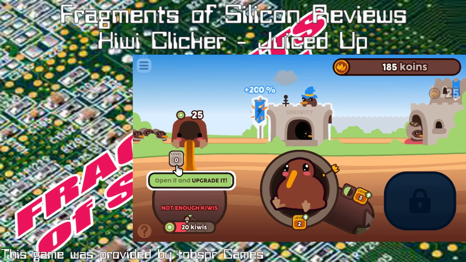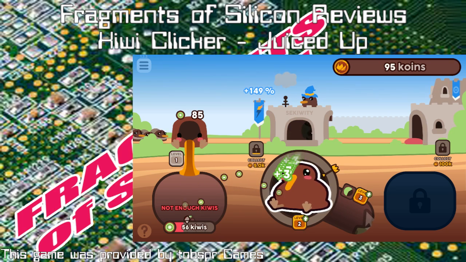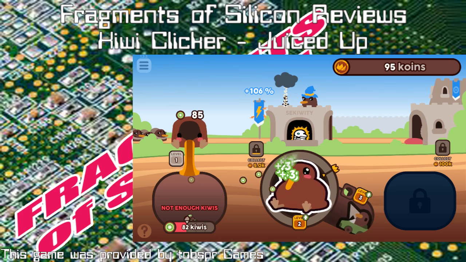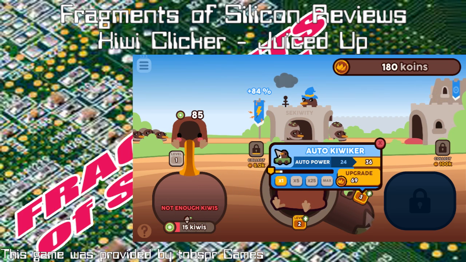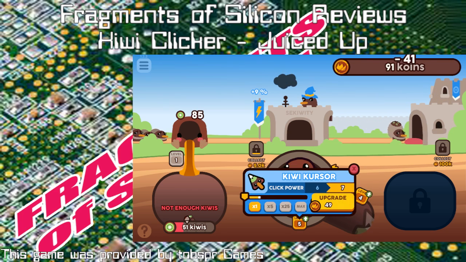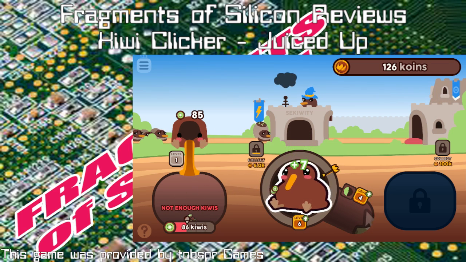The point is, you've got kiwis, you've got a whole bunch of machinery to upgrade. You use the coins to do that, at least initially, because this is a clicker game. There's a few levels of upgrades, because there's the professions, which are unlocked, I believe, after your first transcendence. I'll get into transcendence in a bit, but